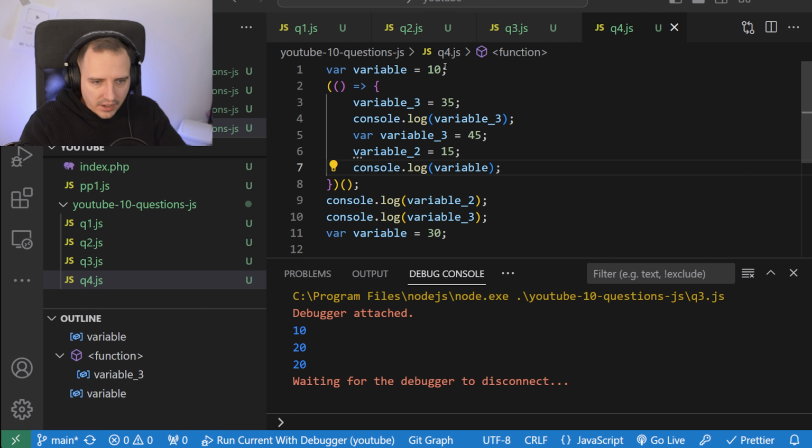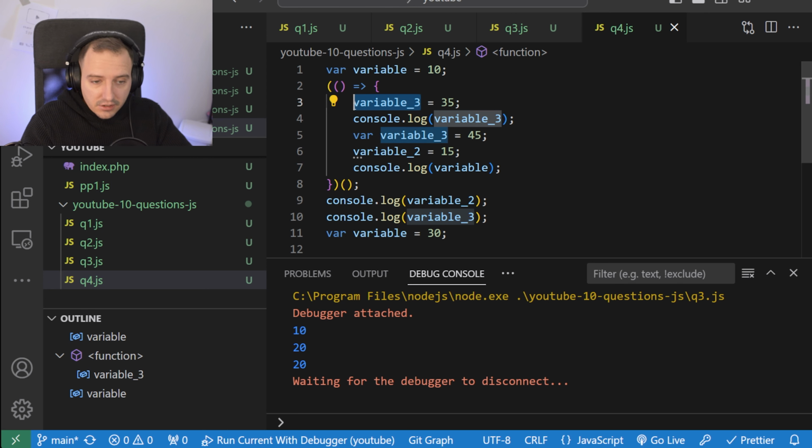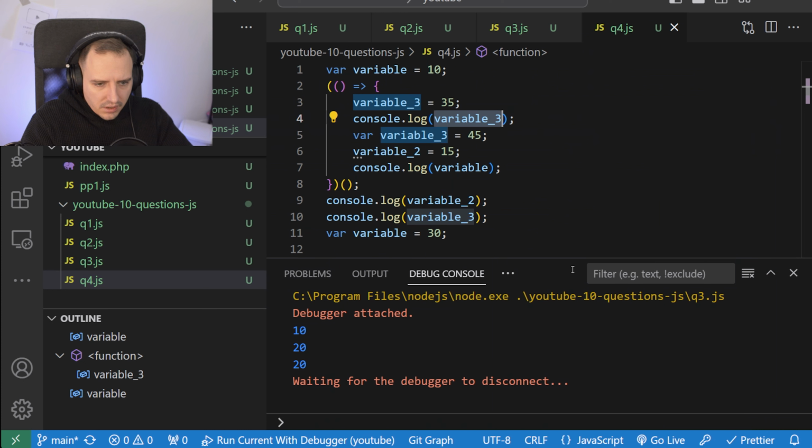Let's try to solve this. So we declare a variable named variable. Then we declare variable 3. This is going to be a global variable, and then we log variable 3, which is okay. Let me check if this is actually correct. 33223. Okay, so this is obviously going to be 35, right there.